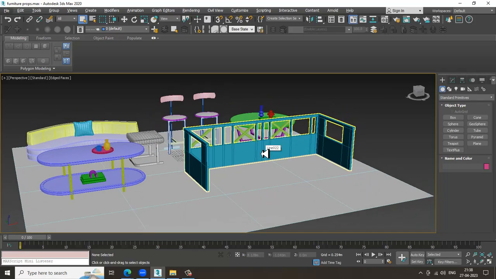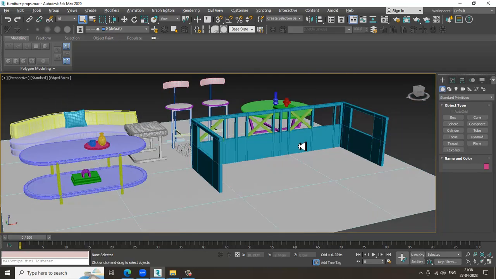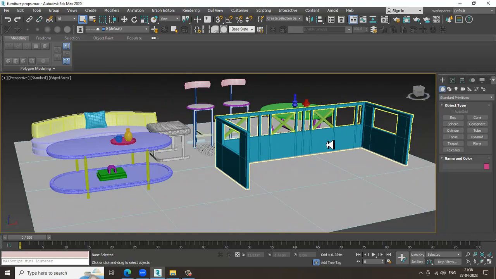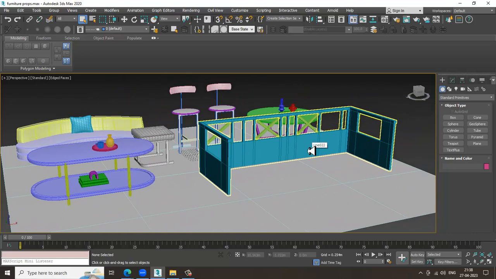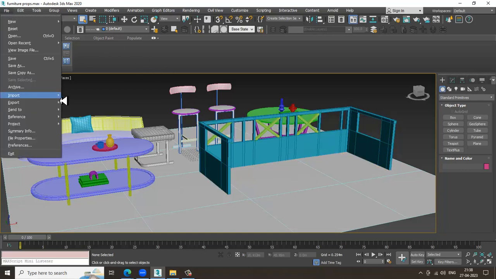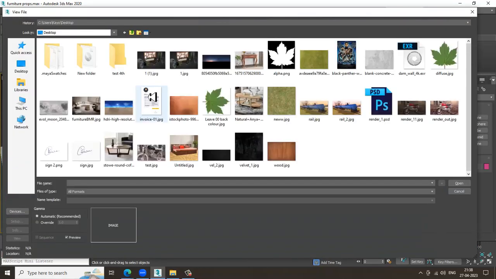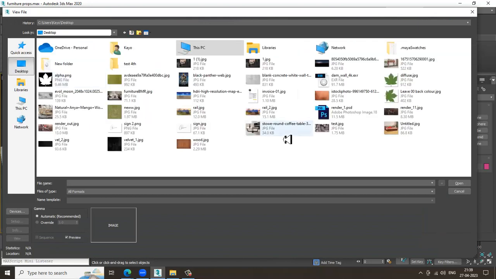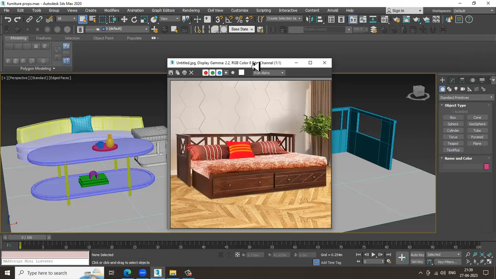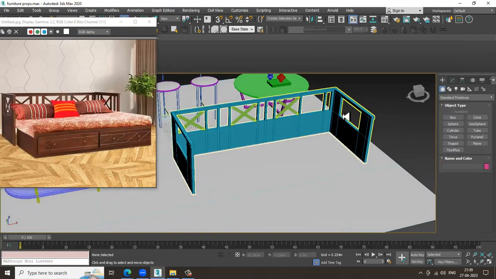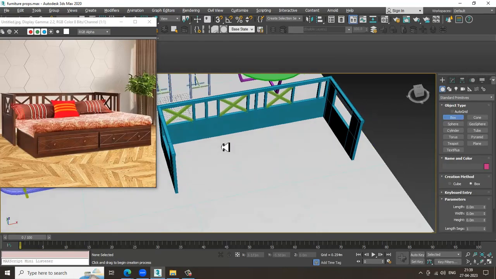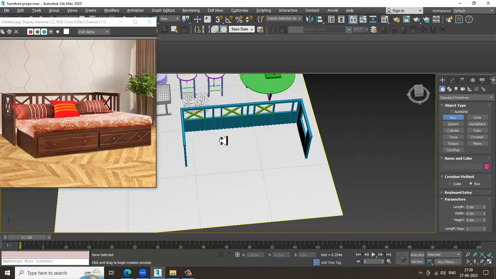So let's get started. As you can see over here, we have started with the modeling of this furniture assets, the furniture props. So let's open up a reference over here. I'll open the reference which I have taken. Let's go into this. Select this part,